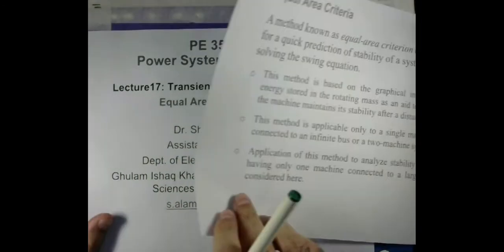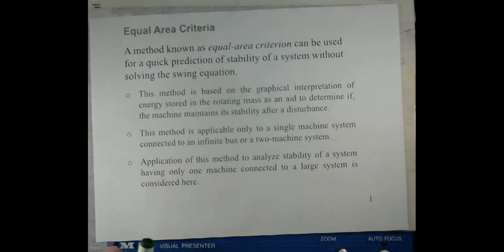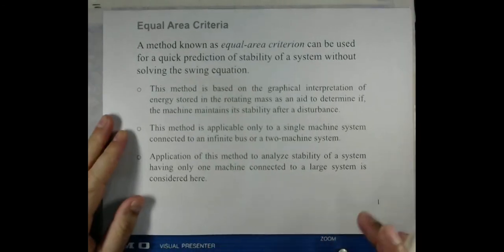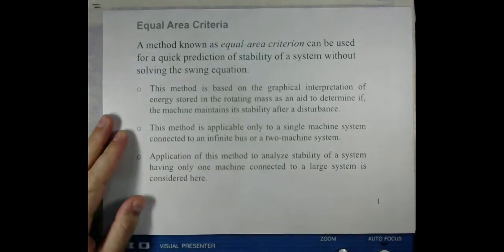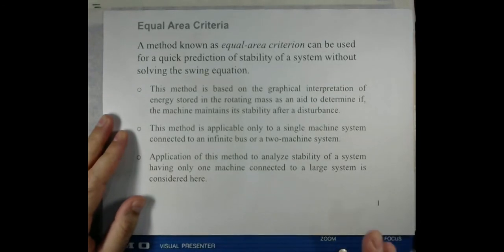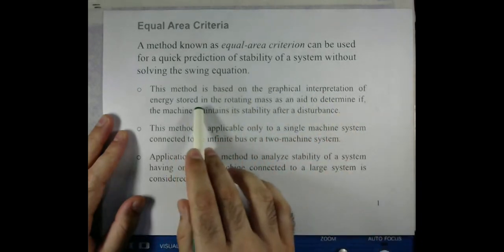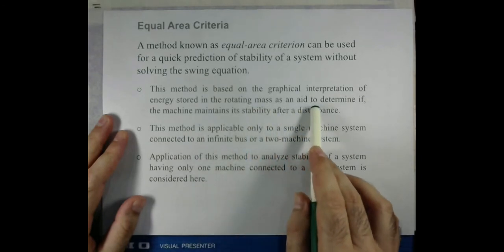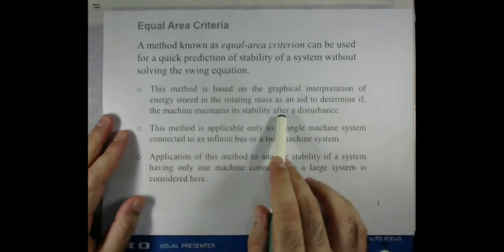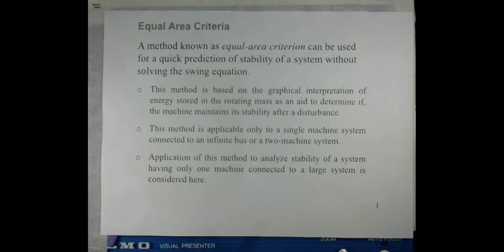So this method, as I mentioned even in the beginning, is related to the prediction of stability without solving the swing equation. So it's an intuitive insight, and it is based on the graphical representation of the energy without solving the swing equation. So this method is based on the graphical interpretation of the energy stored in the rotating masses as an aid to determine if the machine maintained stability after a disturbance, because it's important